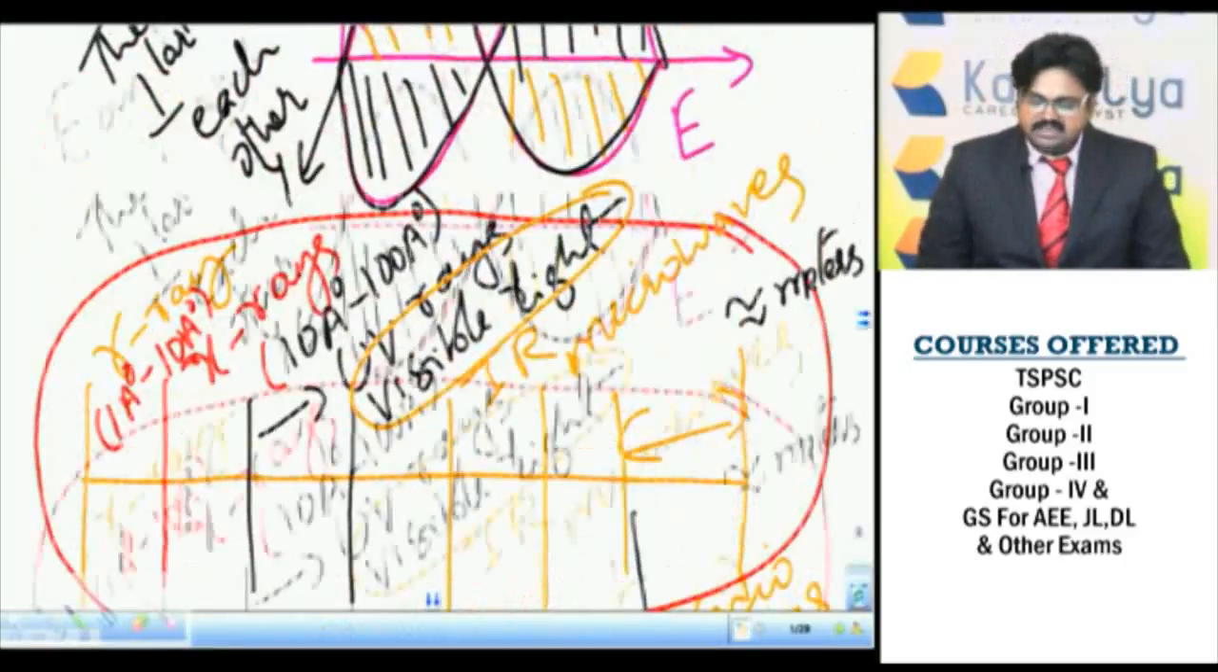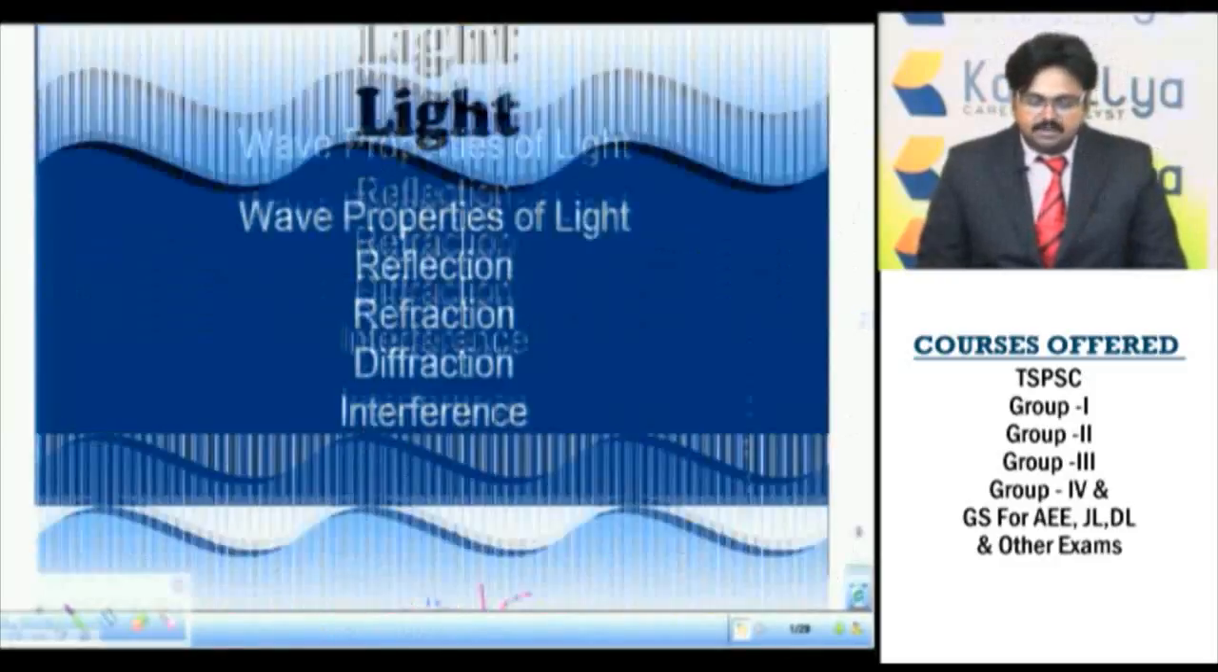Now let us look at the various properties of light. There are various properties of light. Now